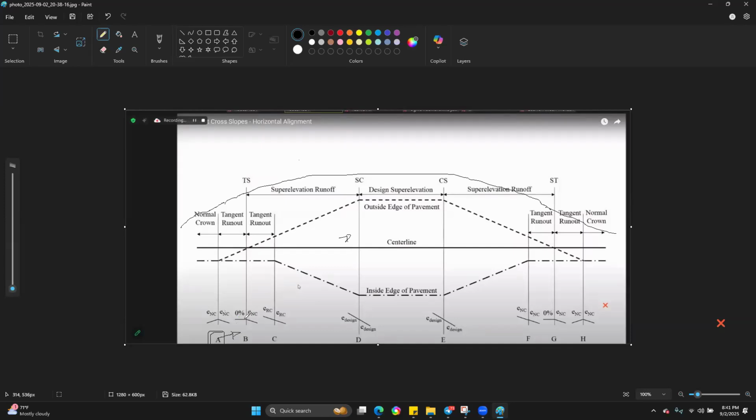So the tangent runout is the transition from the normal crown all the way to the level crown. This is what we call the level crown. The level crown, the left-hand side of your pavement, has been able to elevate from negative 2.5% or whatever normal camber you're having to a 0% crown, to a level crown of 0%. So it means that the elevation of the center line of your road and the elevation of the outside edge of pavement is actually the same at that point,